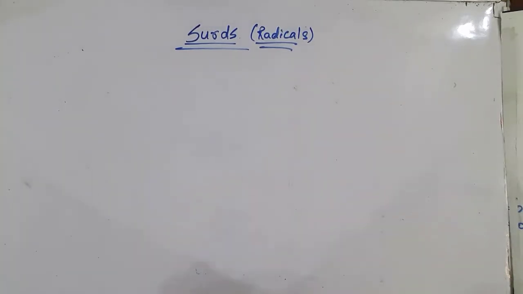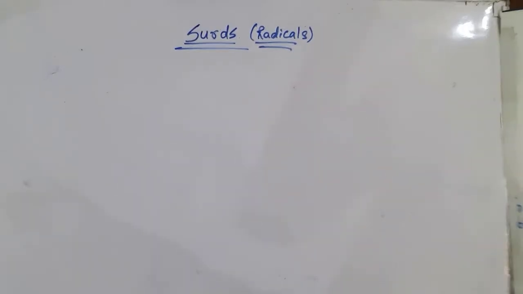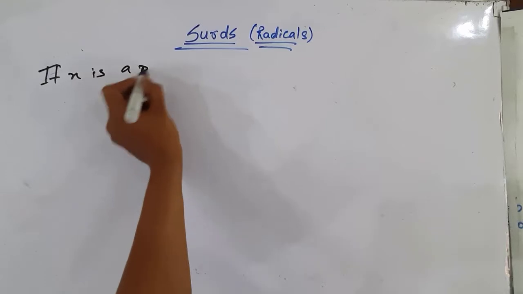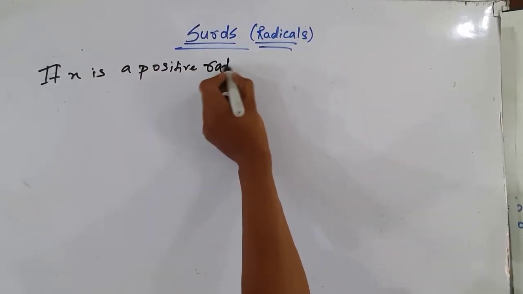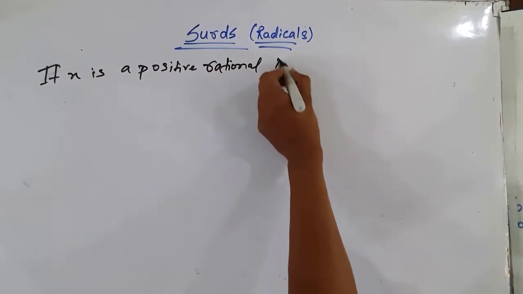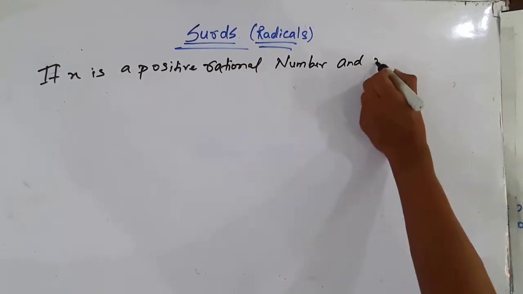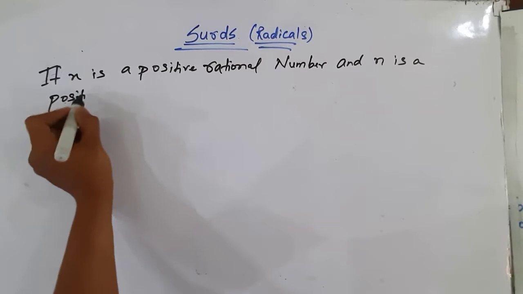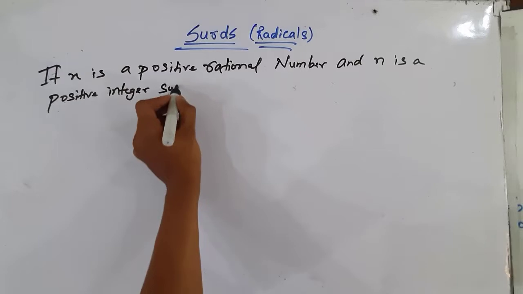So in this video we will learn about surds. So what is the definition of surds? Surds is, if x is a positive rational number and n is a positive integer such that